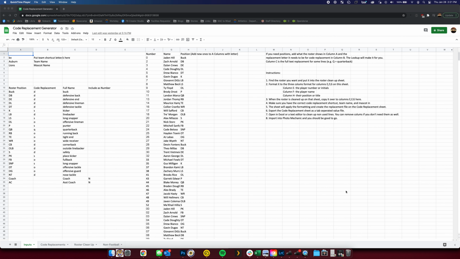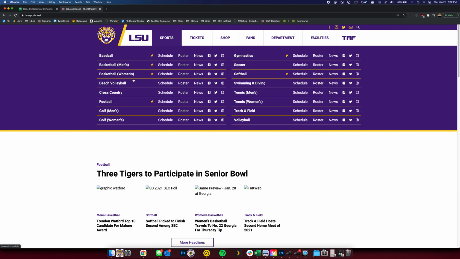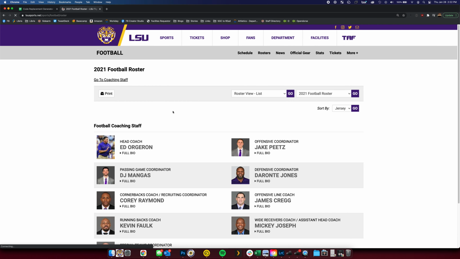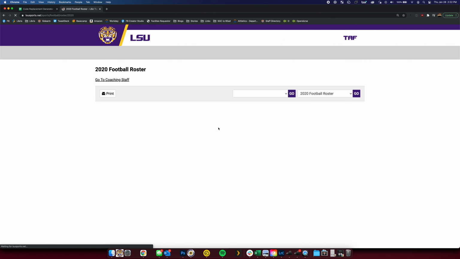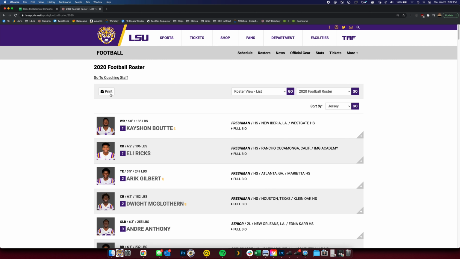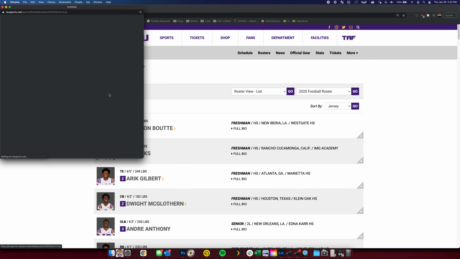Automated code replacement generation that should help make life a lot easier. Basically, this does most of the work. So when you open up a website, say like for us, and you click the roster, which I need like an actual football roster, the easy way on Sidearms to get these websites is to hit this print button,